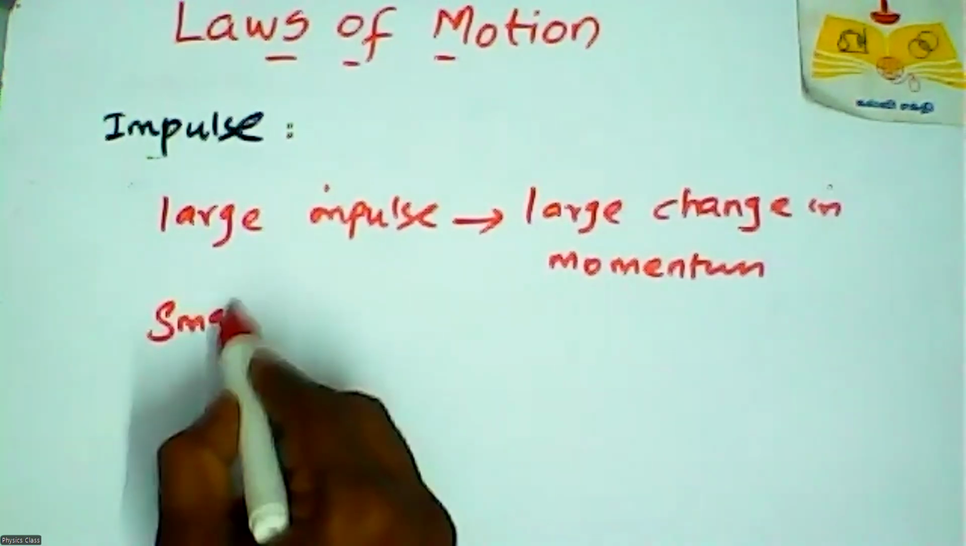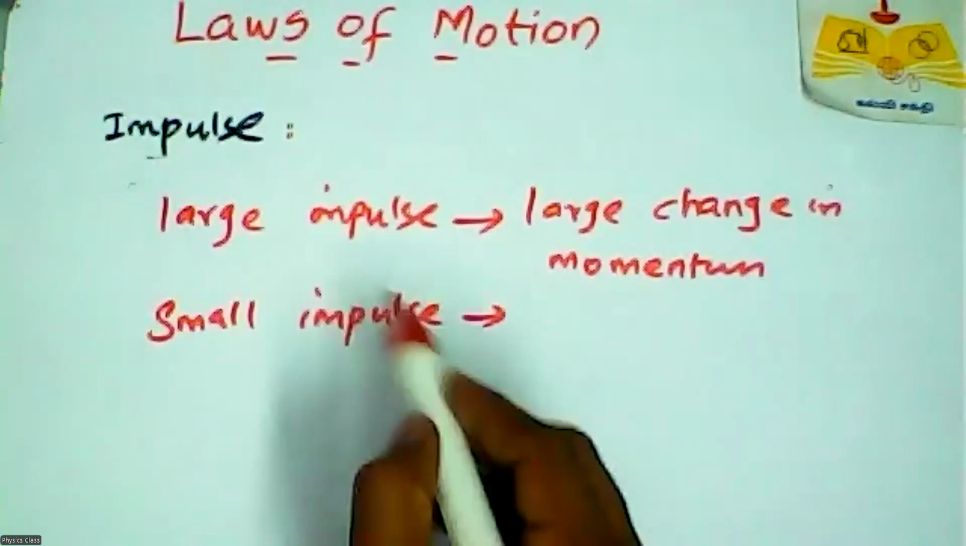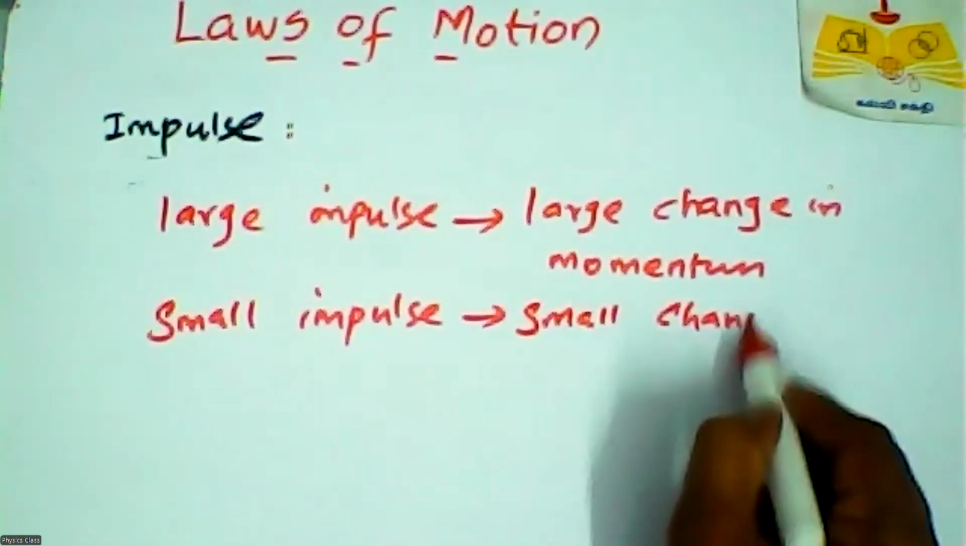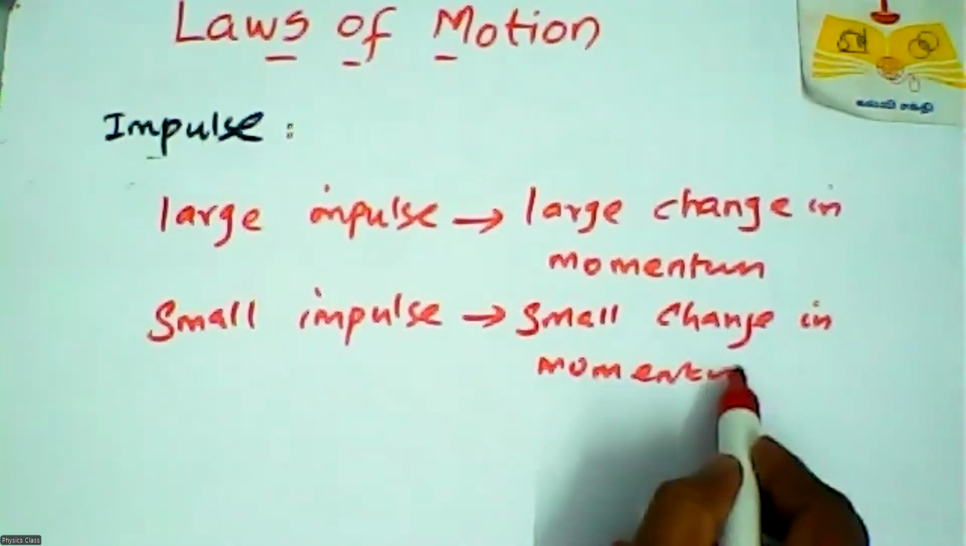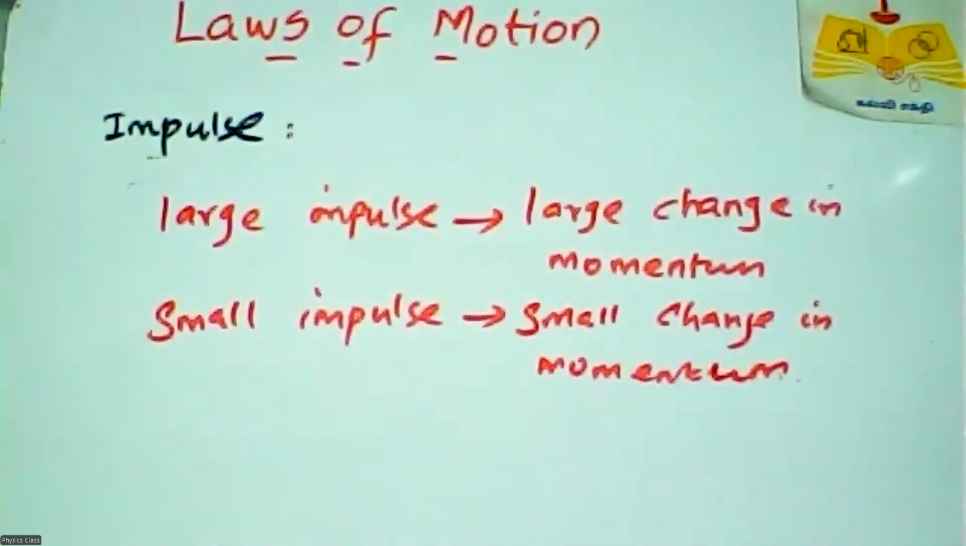Small impulse which causes a small change in momentum. Okay, correct? So, for example, you can imagine that